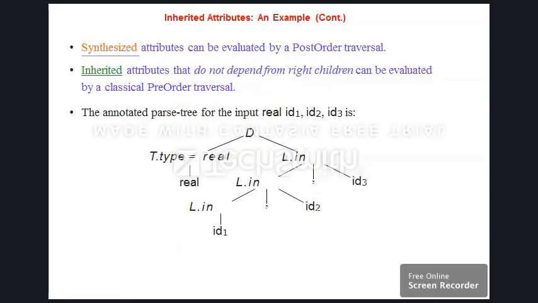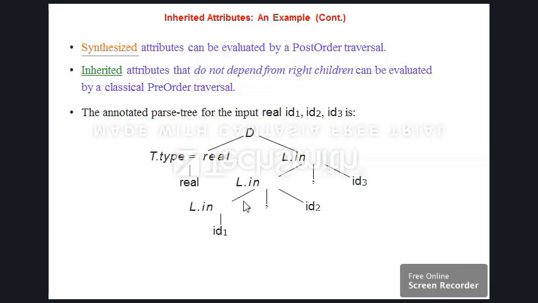Synthesized attributes can be evaluated by a post-order traversal that we have seen earlier, whereas inherited attributes that do not depend on the right children can be evaluated by a classical pre-order traversal. Now the annotated parse tree for the input real ID1, ID2, ID3. Considering the parse tree, D has the form of TL, where L has the form of L, ID.